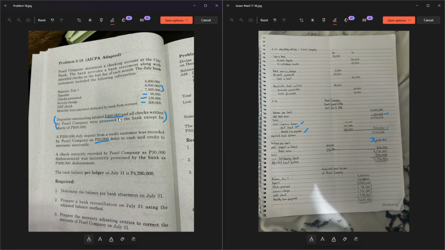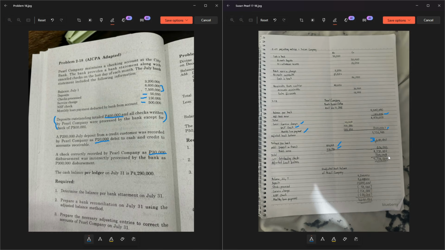So this one is a deposit in transit, 400,000. Then the bank error here is this one: 30,000 was incorrectly processed by the bank as a 300,000 peso disbursement. So therefore, the bank has to correct the error and give the account 270,000 pesos. Total is 670,000, and then add that to the unadjusted balance per bank to get your total of 4,270,000 less